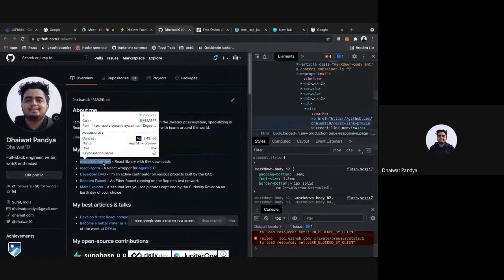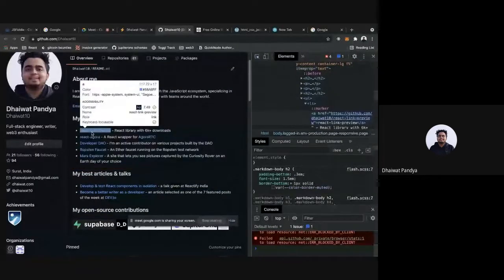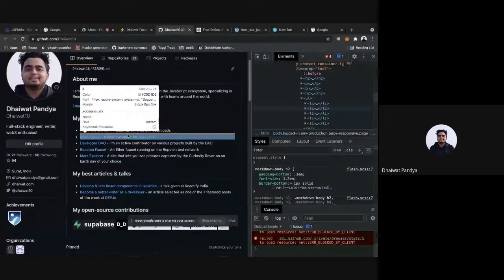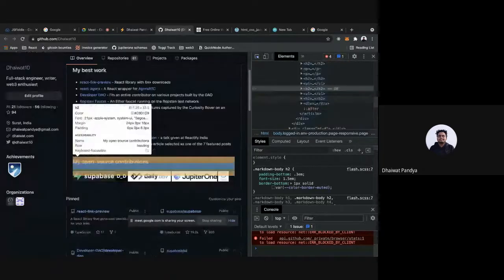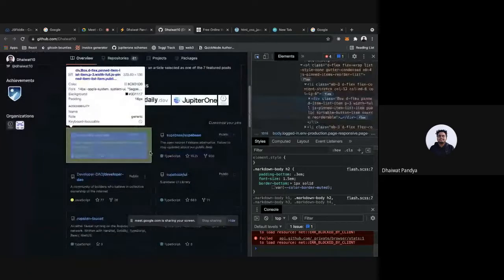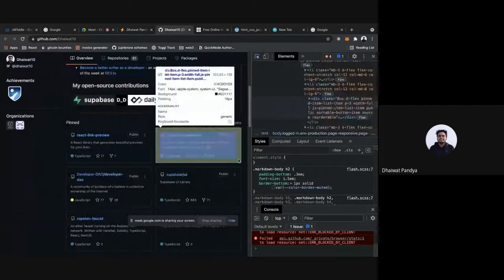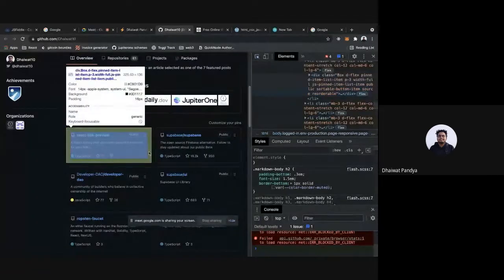The A tag is like the one we saw, the one we use for links. Okay. The li tag is used for lists. li stands for list item. And basically you can just hover over about anything that you see, and you'll find different HTML tags that are used there.